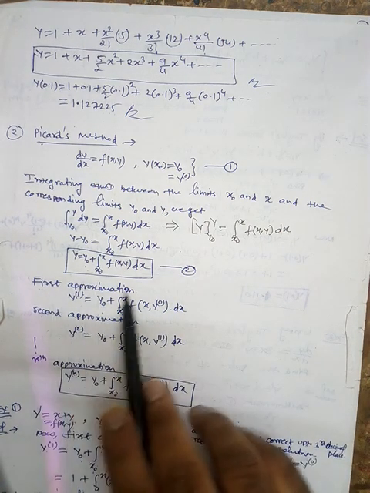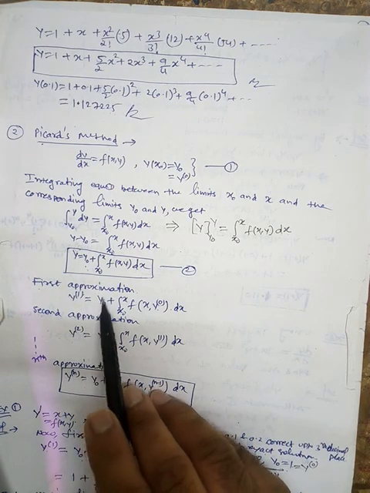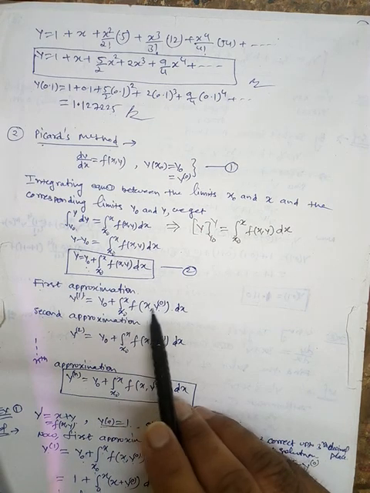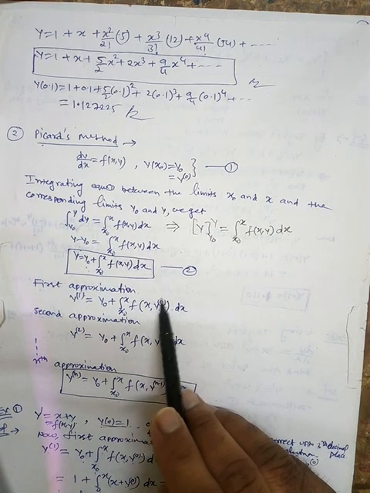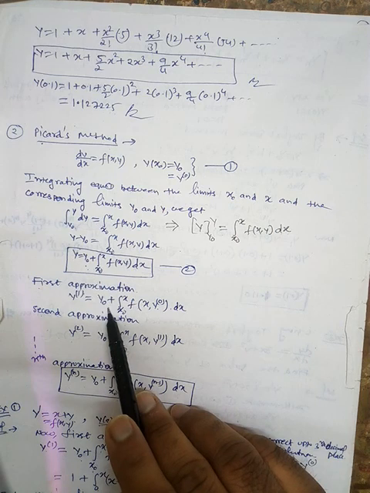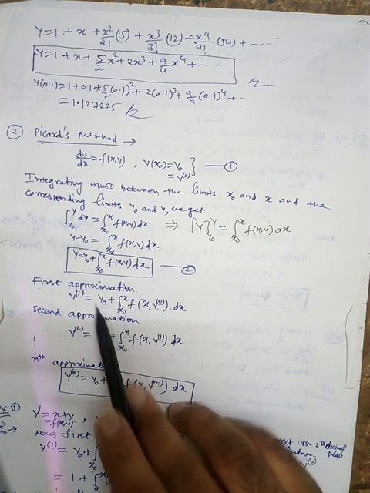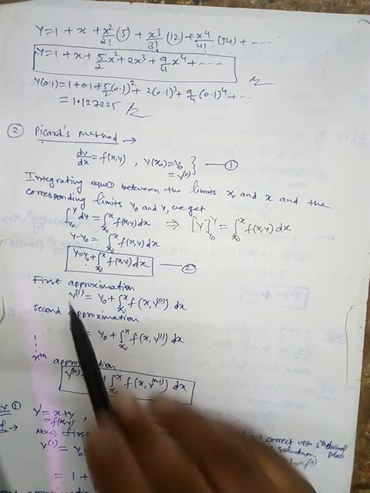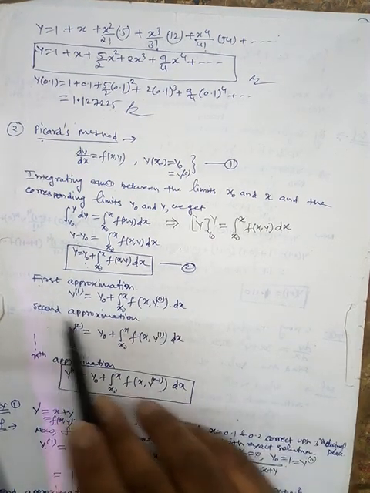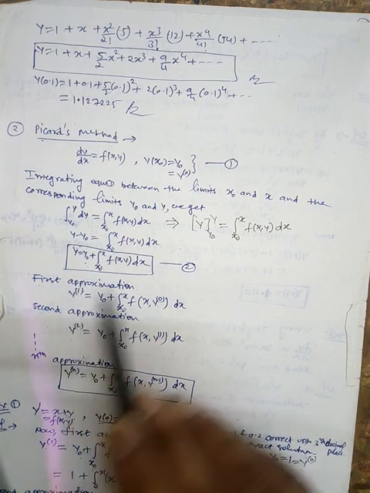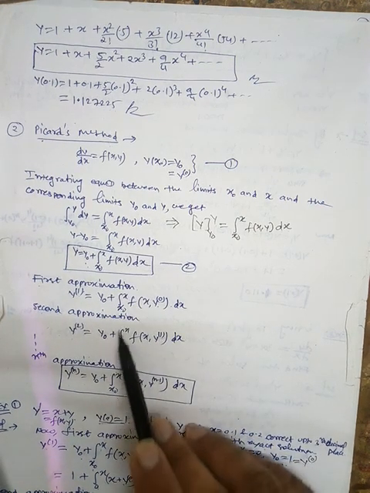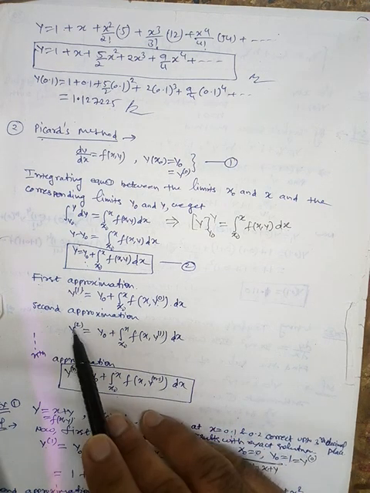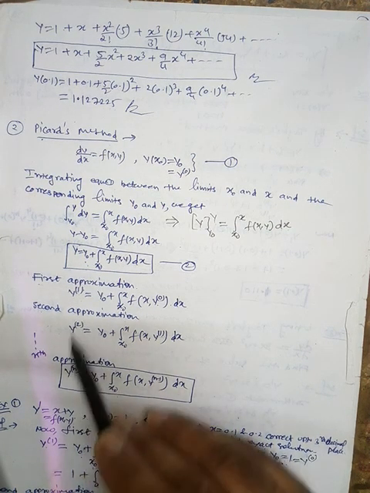So here the first approximation is given by y1 is equal to y0 plus integral x0 to x f of x y0. This is in superscript, this is in subscript. Remember this thing. So this is always fixed. However, this will vary iteration by iteration. So in the first iteration, this is y0. When you are finding the second approximation, this y1 is substituted here. So we get y0 plus integral x0 to x f of x y1. And then the overall value is denoted by y2, the second approximated value, and so on.